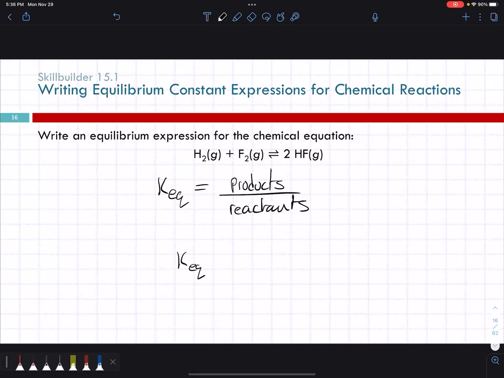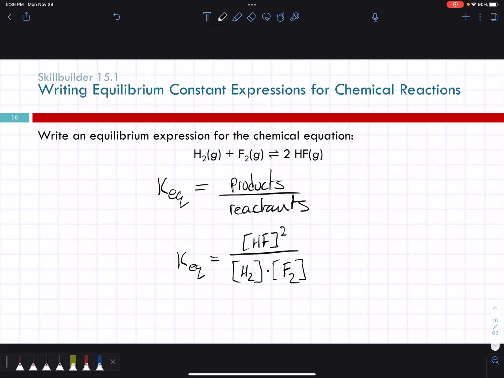So KEQ is equal to, all right, our product here is hydrogen fluoride, HF in brackets, and it has a coefficient of 2, so we raise it to that power. And then we're going to have our reactants in the denominator. So it's going to be H2 in brackets multiplied by